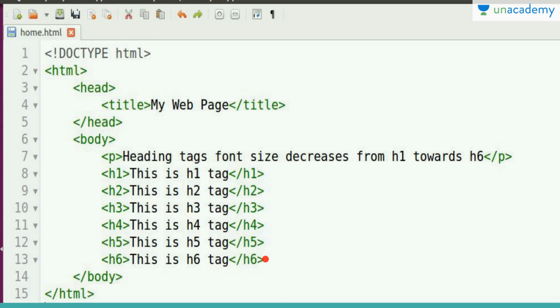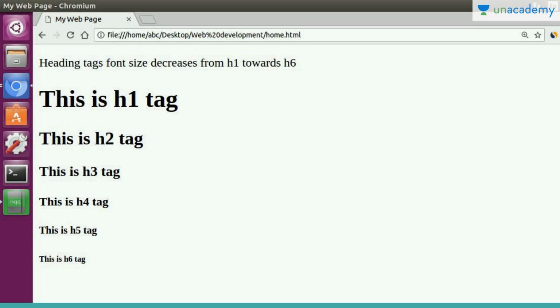Now let's see the output. You see this was our h1, this was our h2 tag, h3, h4, h5 and h6. These are basically used to mention titles or headings.